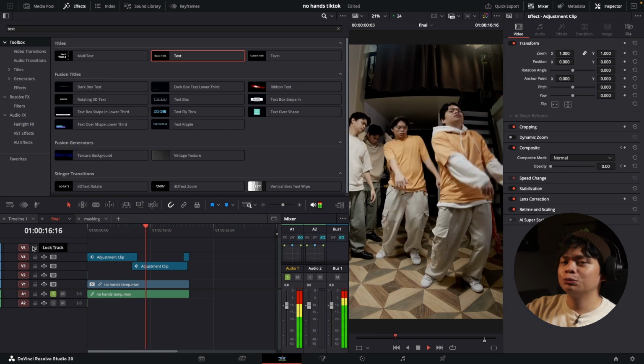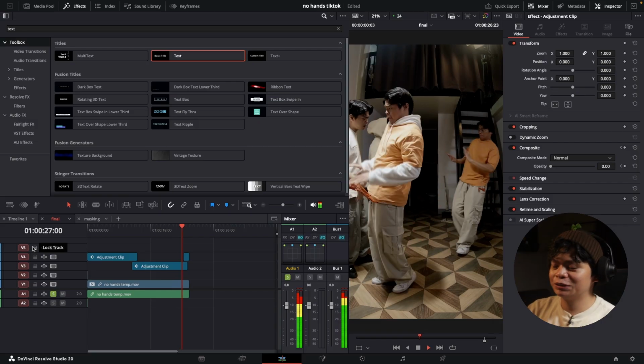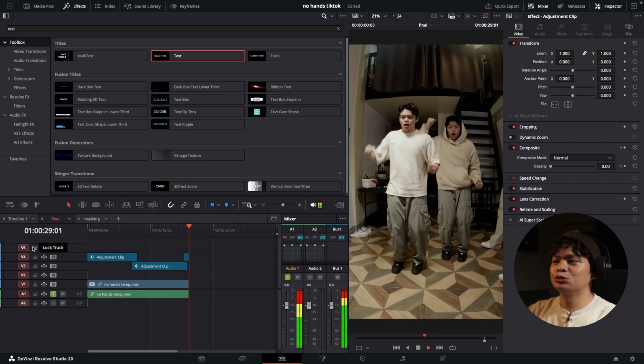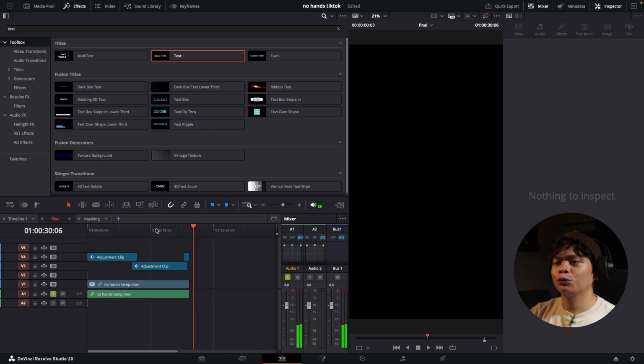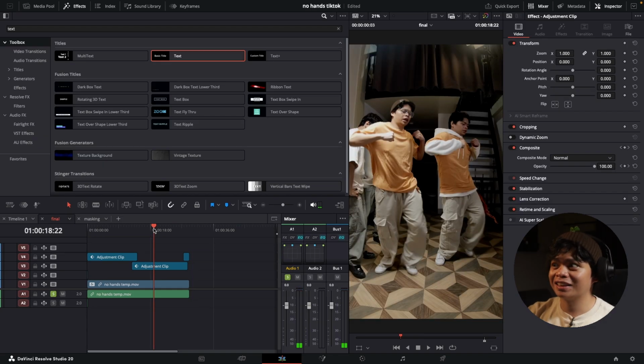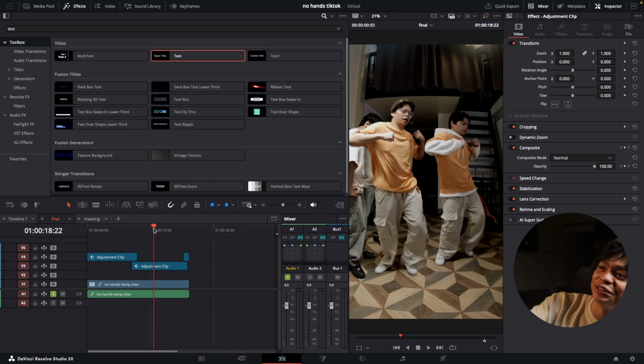And as for the loop, we didn't really need to do any match cuts because we do the loop at a point where you're not really looking at the clones at that time, right? You're looking at the clones that are dancing. This is what I usually do for these versus videos, since the guys are just standing at the side, so it's just quite easy to just make them kind of drift away out of frame and then just go back in frame, and you barely notice it.